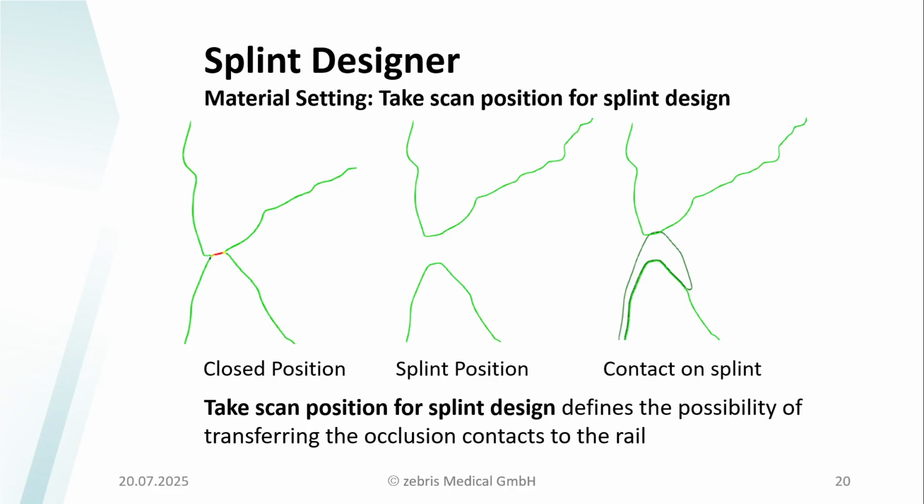So the splint surface you get from our software is directly functional. You don't have to modify the surface of the splint. You can directly use the result of the designer, and if you want, you can modify it, because we have the same occlusal contacts and the same guidance which we can use for our patient.